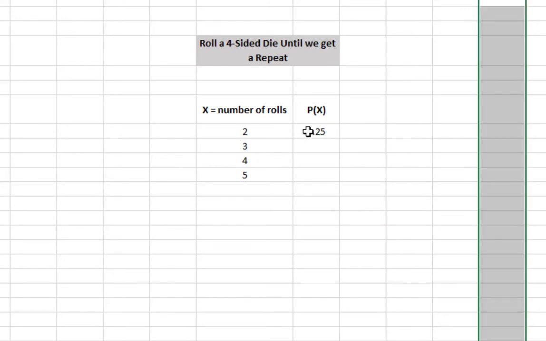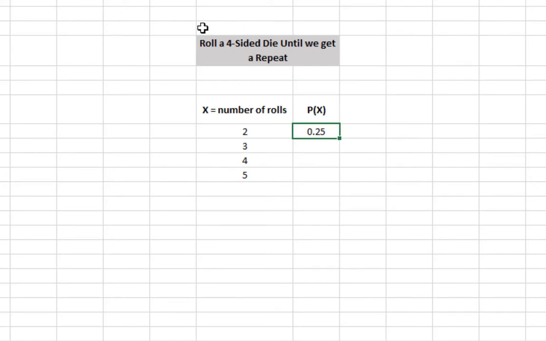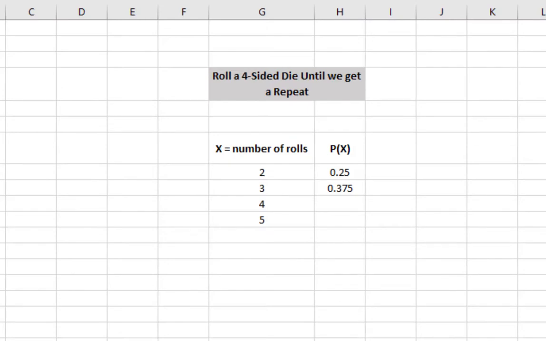If you really need to see something in percent form, type it as a decimal, then convert it to a percent. That's totally fine. I would just rather leave them as decimals. All right, for 3, if I remember correctly, it was 0.375, 37.5% for that one. Now 4, I don't remember the decimal for it, but I do remember, and I'm actually kind of glad, the fraction. It was 72 over 256, and for some reason those numbers are stuck in my head.